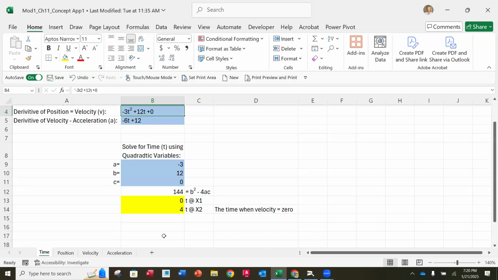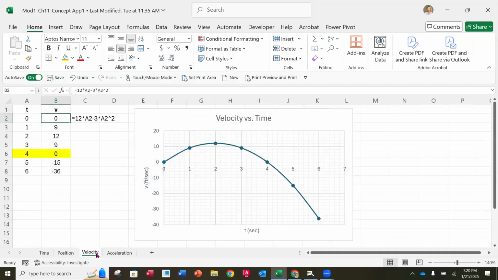So if we look at, in this case, when the velocity is 0, if we go to the velocity tab at the bottom here and we see the chart, indeed, it does happen at 4, even when we did it with the function. And we also see that crossing here as well. Okay, so